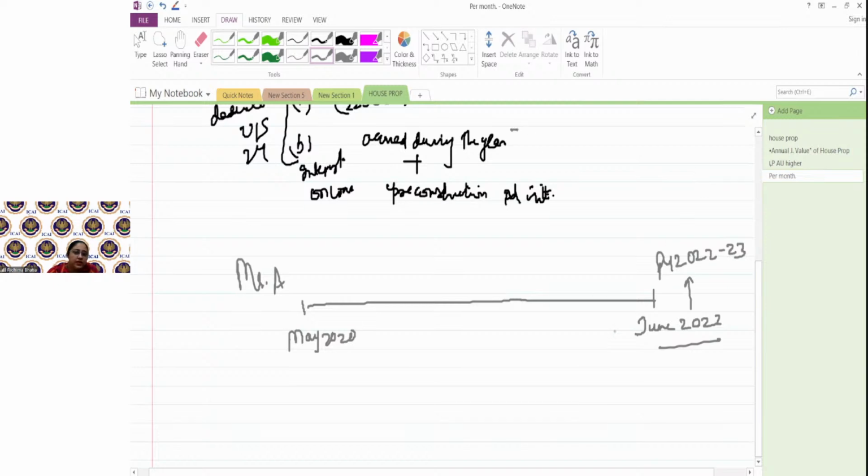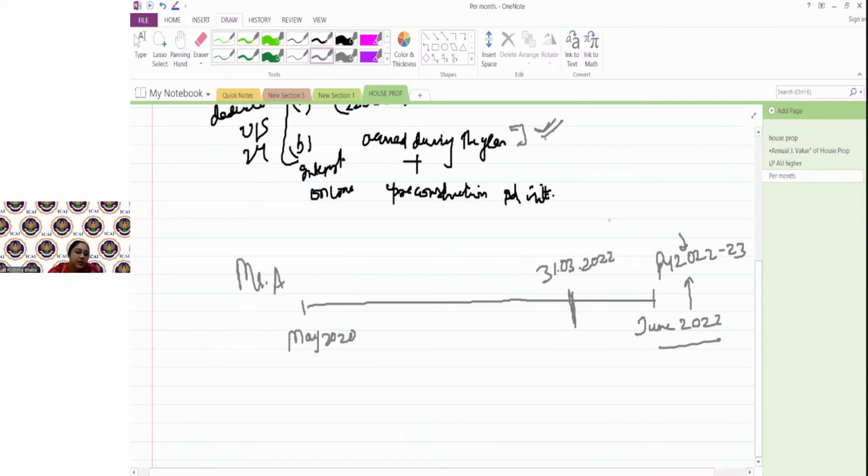Whatever interest you are paying from 1st April to June 22 or even after, that is for the entire previous year 22-23. Whatever interest is getting accrued, you would have claimed under this segment, interest accrued during the year, right? So the pre-construction period, my friend, is not June 2022. It's from May 2020 to 31st of March